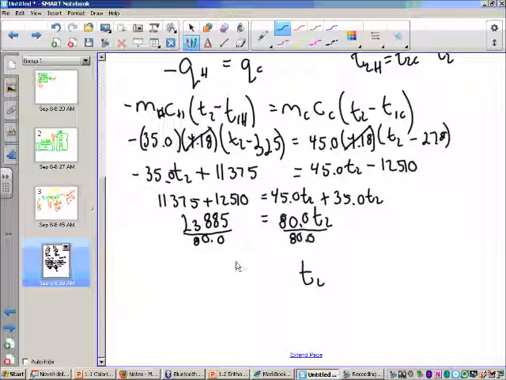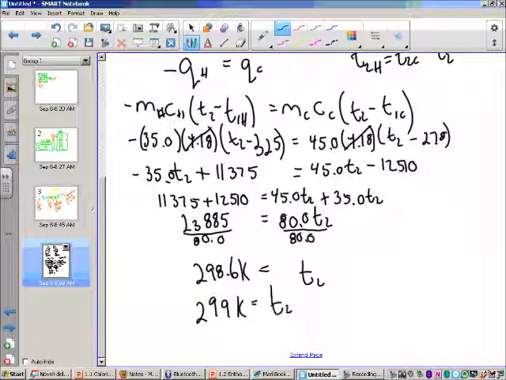And T2 equals. Now this will be in Kelvin because we've been working in Kelvin. What do you got? 298.6 Kelvin. And we've been dealing with 3 significant digits, so we need to round that. 299 Kelvin